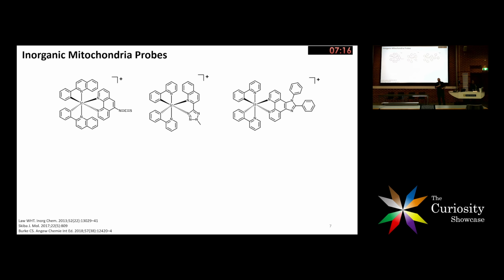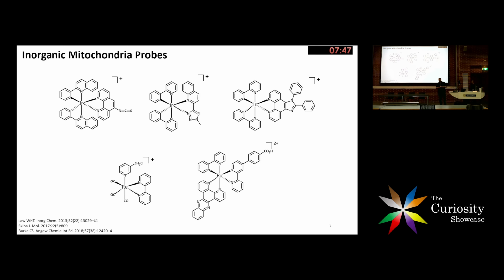So recently, a number of inorganic probes have been developed for mitochondrial imaging as well. And iridium is really the star of the show when it comes to inorganic probes. There are iridium probes that are capable of staining both live and fixed samples. However, as with the organic probes, most of the probes that we have available are optimized for staining cells and not tissue samples. So there are also a number of other metals available, including rhenium and ruthenium, just to name